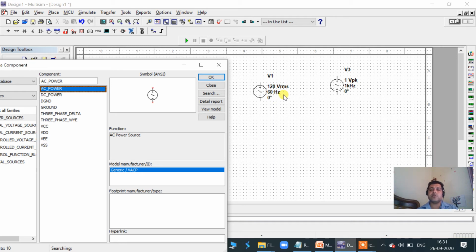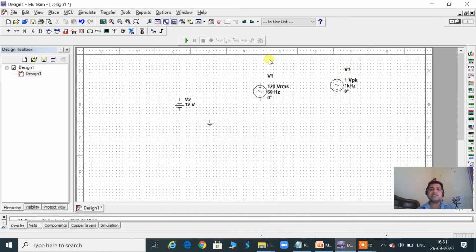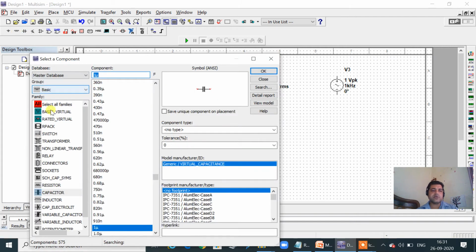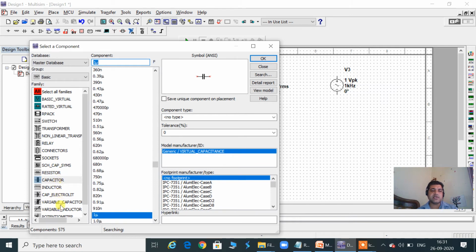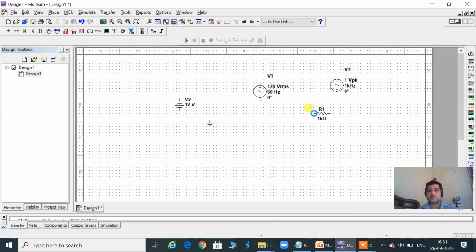This is the large value. Well, for signal we are going to use this source, signal voltage source and AC voltage. Now these are the voltage sources. Now we connect another one. You can see it here, resistance, capacitance, inductors, capacitors, everything comes here. So you click it here, so resistance will come.